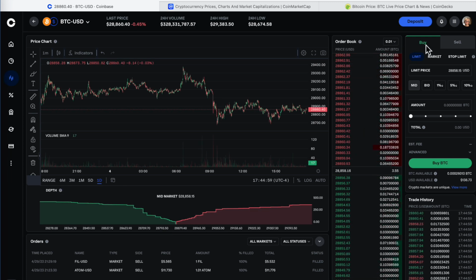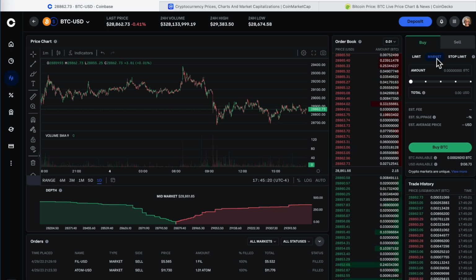So moving over here, there's a buy sell and a buy tab and a sell tab. 3 different ways of trading. There's limit trading, market trading, and stop limit. So today in this video, we're really just going to talk about limit and market. So when we were doing simple trading, we were doing market trades. And in market trading, you are offering to buy and or to sell at what Coinbase has determined is the current market price. The market price will be somewhat close to this center point, but you can't predetermine the exact